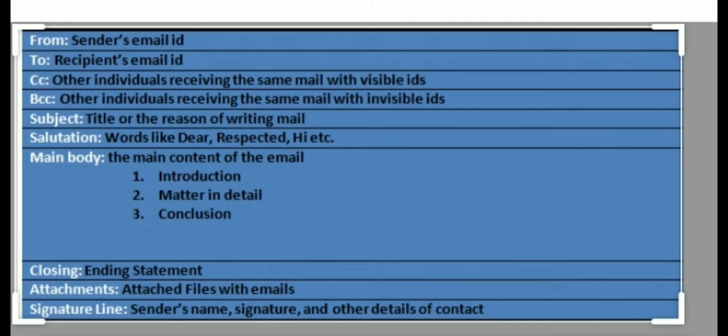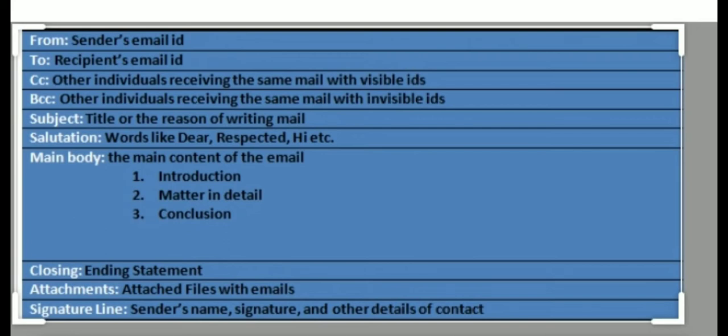Since you have sent an email to Mr. John, now you want to send an email to 10 other people also. Though the primary recipient is Mr. John, you can mention the addresses of the 10 other people in CC, that is, carbon copy. So the mail will be sent to the 10 other people also, including Mr. John.